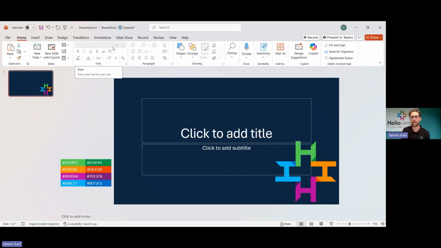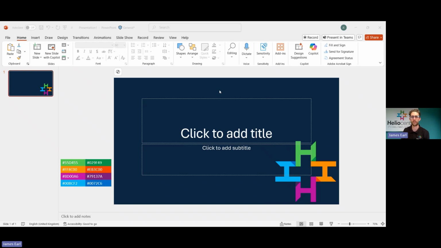Now, obviously creating your templates is a really good starting point, but it's really just the first part of the process, and almost equally as important is how you deploy those templates to the rest of your team. Now, I briefly mentioned earlier that there's a sort of a right way and a wrong way to deploy your templates. So the wrong way, or the ways that we've seen people do it in the past that don't really work, is either via email or shared